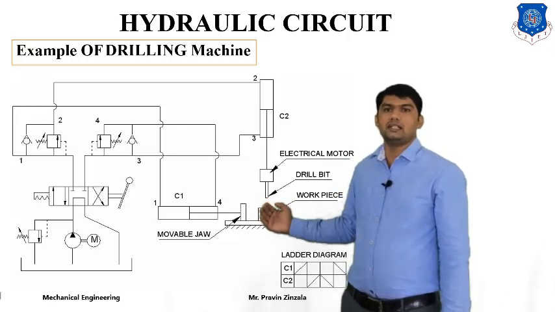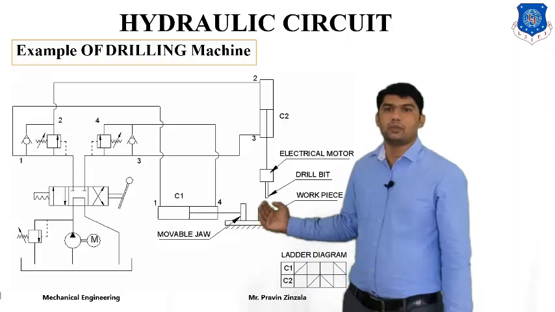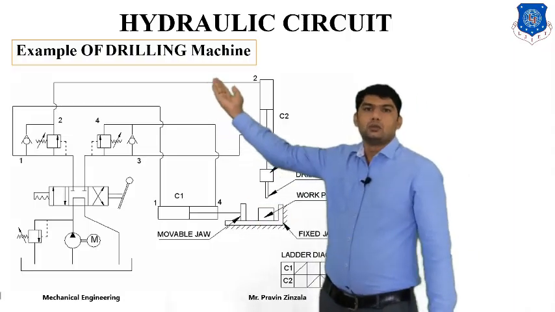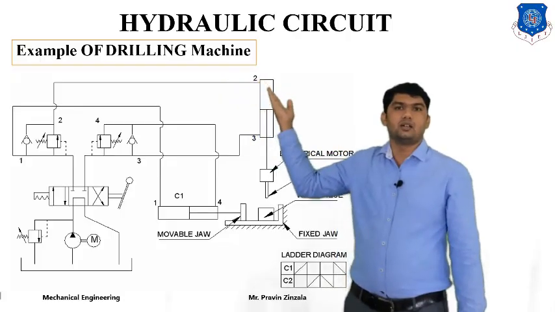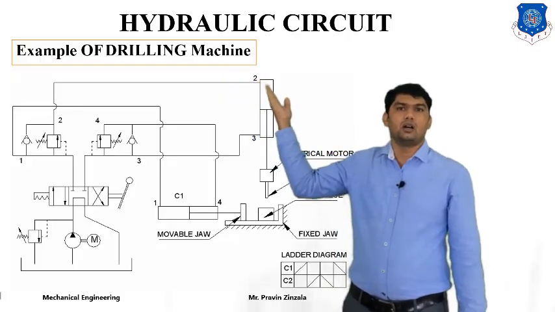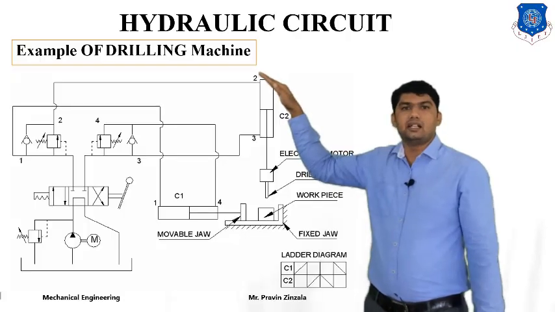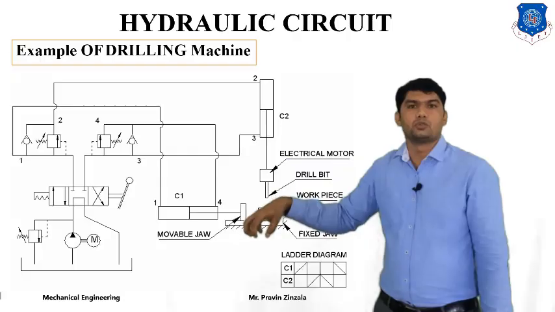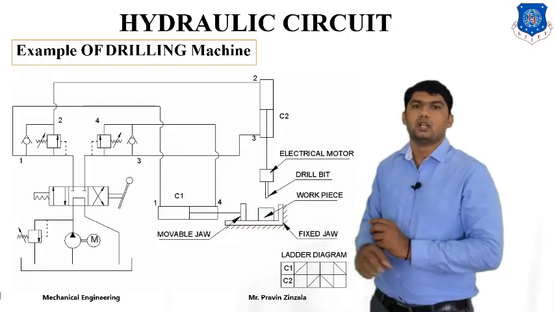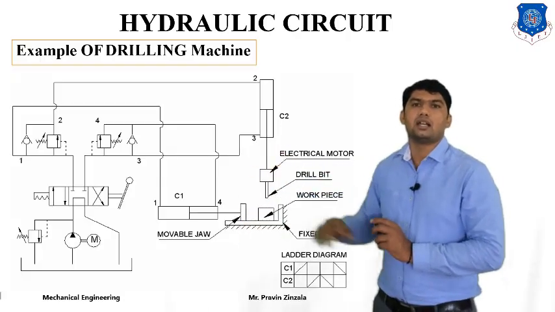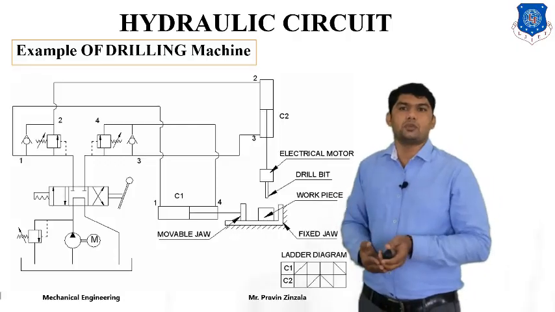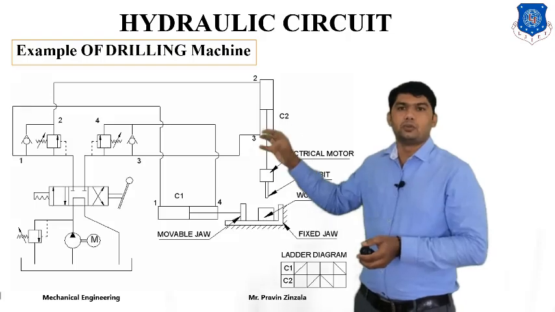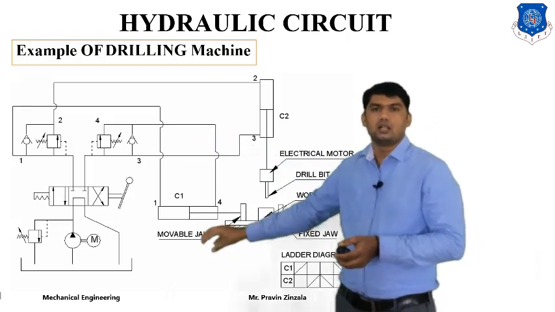Whenever our first cylinder C1 extends, pressure automatically increases and fluid will pass from this line to cylinder number 2, meaning the second operation, and this cylinder will extend. This means our drilling tool will move into drilling position and start drilling. What happens in the second position? At the same time, the fluid from cylinders number 1 and 2 goes out to the reservoir.